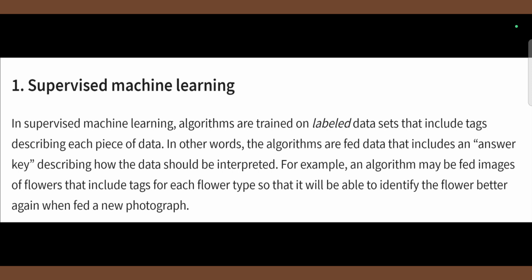Supervised learning is basically used in risk management, image classification, and fraud detection. It contains regression and classification, which are two main areas in supervised learning. So, regression